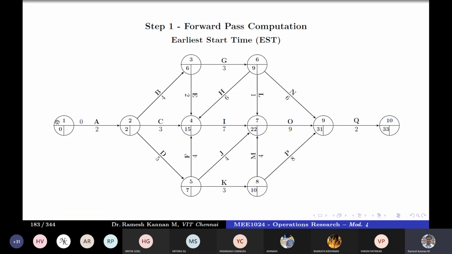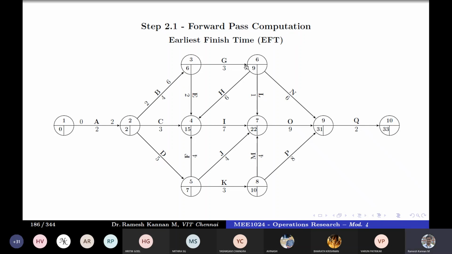Same way in an activity duration, there's no EFT. We only have 0, which means this value equals EI, right? So EST of A, the early start time of A, is 0. Once you know this, you can find the early finish time. 0 plus 2 is 2. That is why the early finish time of activity A is 2, right? Next is activity B. The early start time of B is the maximum of the EI value and the EFT of the previous activity, which is activity A. Here both values are the same, so we end up with 2, and 2 plus 4 is 6.